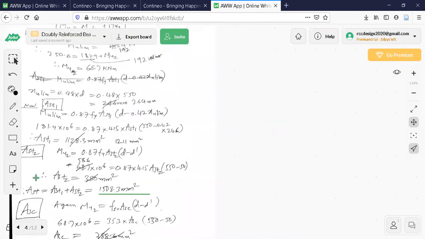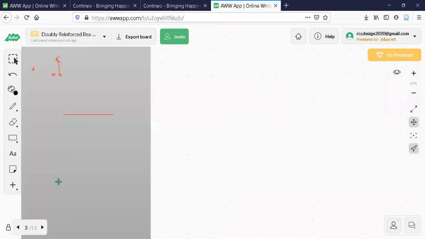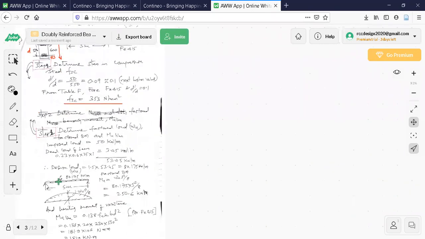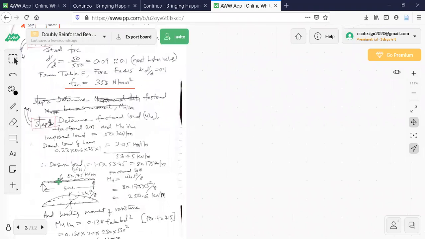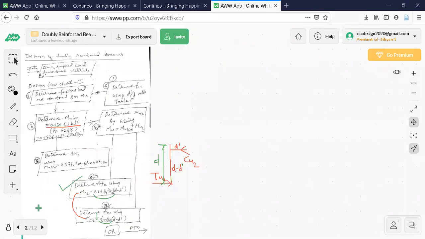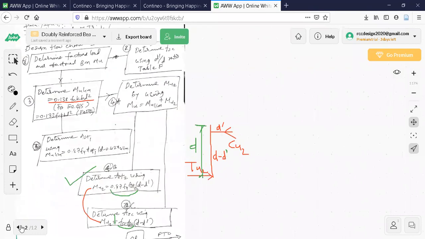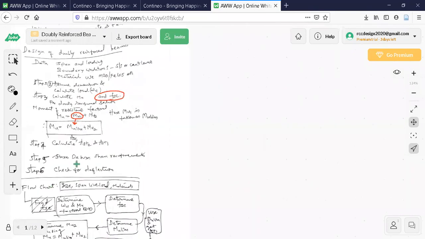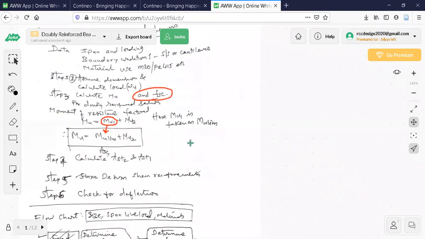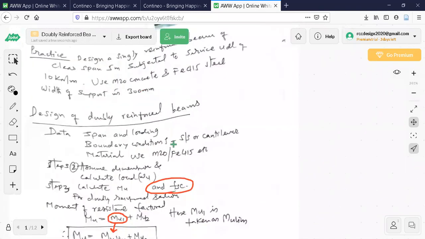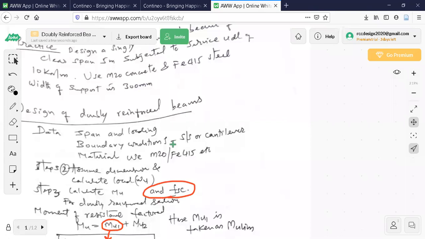So that is why I'm telling you, try to understand how the SP16 tables are used. Whatever portion I covered in the previous class, I'll be going fast now, because today I have to explain how to use SP16 tables, and which tables are useful for doubly reinforced beams. So here you observe. I'm just revising the portion that was covered. Now observe here.